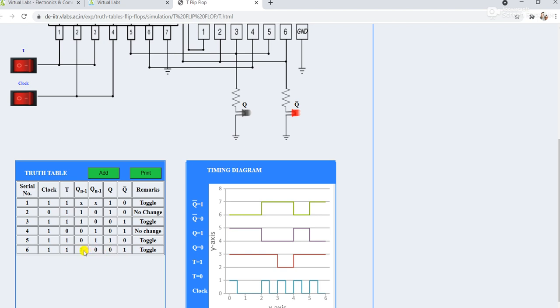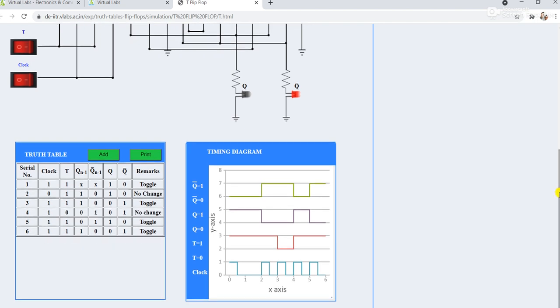So if Q equal to 1, you will get 0. If Q equal to 0, you will get 1 for the condition that T equal to 1 and clock equal to 1. So this is basically known as the toggling of the values. And you can see it with the help of this waveform also, that is timing diagram. The change in the values of Q, 1 to 0, 0 to 1.